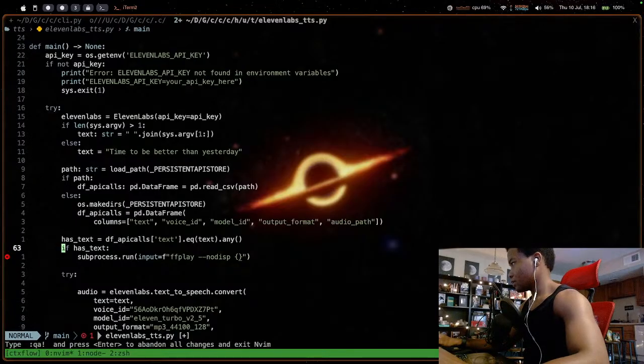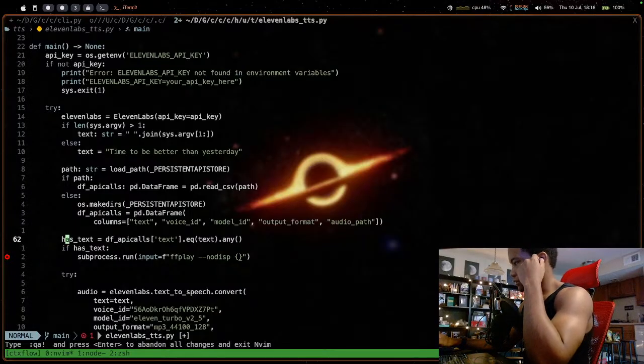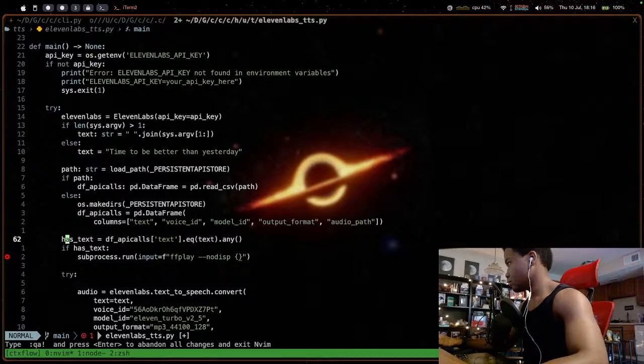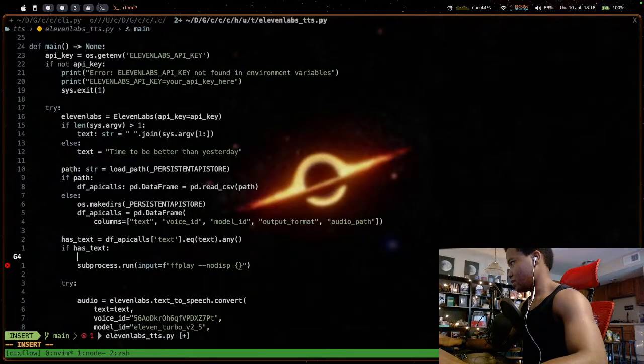Look at the docs. So basically this is checking to see if the text is in there. Alright. If the text is in there, then I can do... We gotta get the path. I'm kind of working backwards.